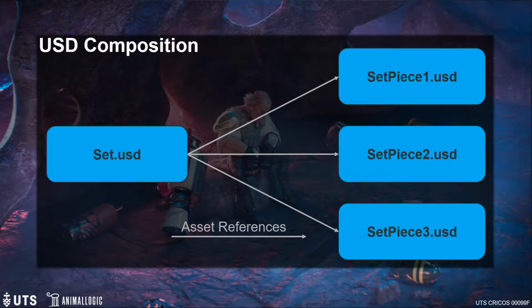Okay, so just to dive into a little bit of detail on USD. This is not necessarily the canonical truth of USD, it's more how we are using it. I do believe the way we're using it is pretty much in line with Pixar usage. However, like any software, there are many ways you can use something, so this is how we use it. We use USD to have a USD document called a set, which references a bunch of set